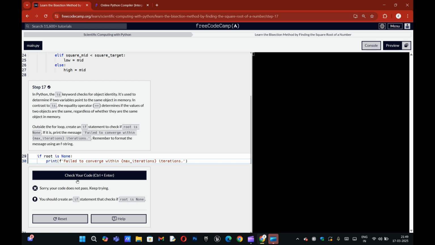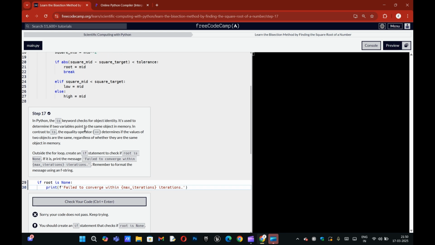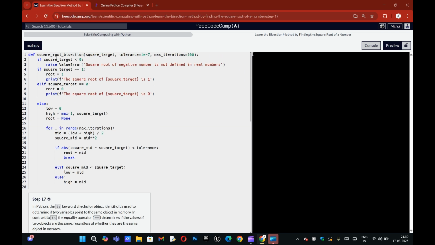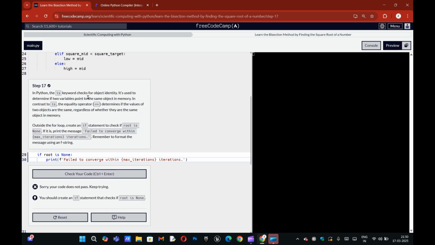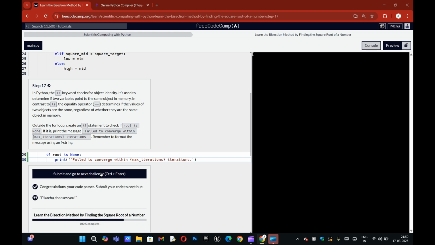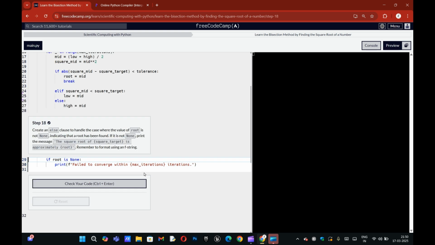It was just indentation, so it took a lot of time actually.